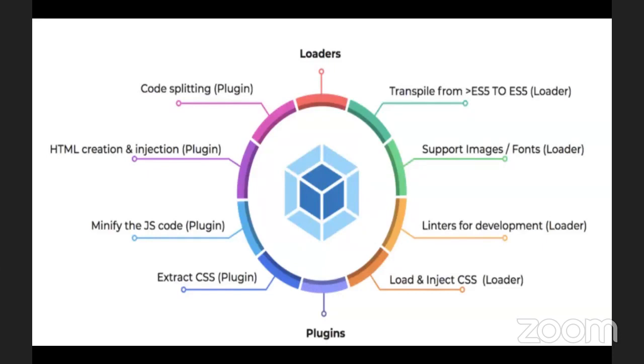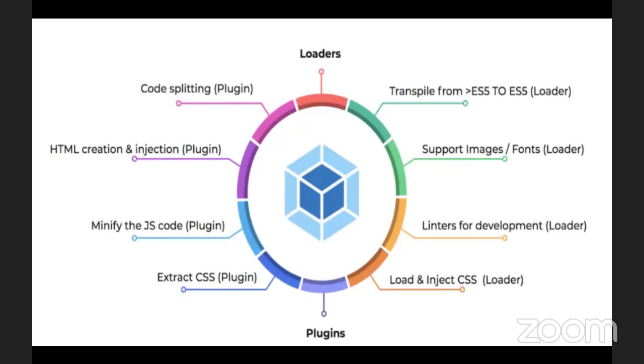These are some set of plugins to minify the JS code, to create HTML, to split your code, and you have a few loaders to transpile ES6 to ES5 or ES7 to ES5, and you have image loaders, URL loaders, file loaders, and a lot, right? You have style loaders, CSS loaders, you have loaders for everything.